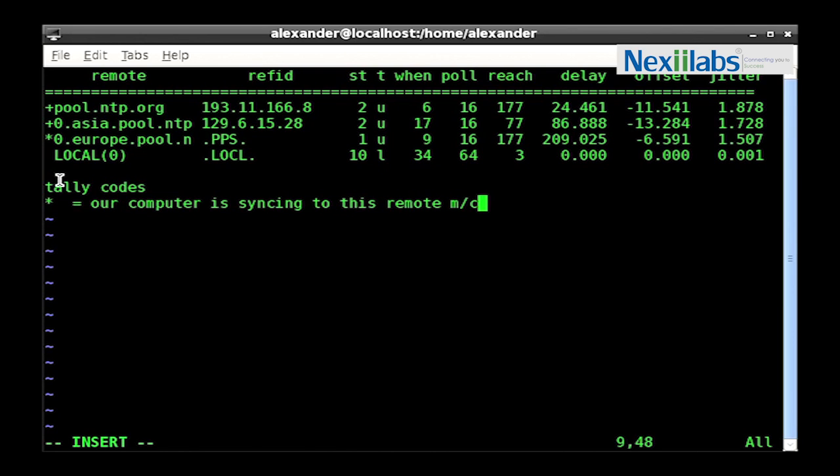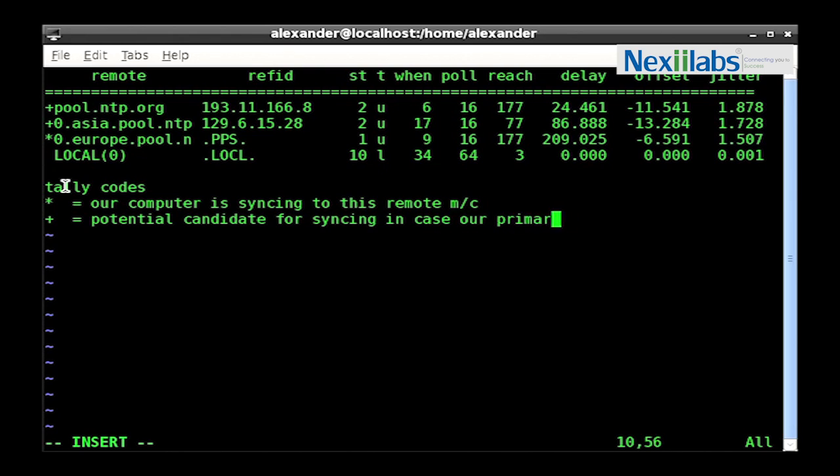The NTPD daemon has selected the time server in the Europe pool as a reliable time source and is syncing to it. A plus sign indicates that the time server in the remote field is a potential candidate for syncing